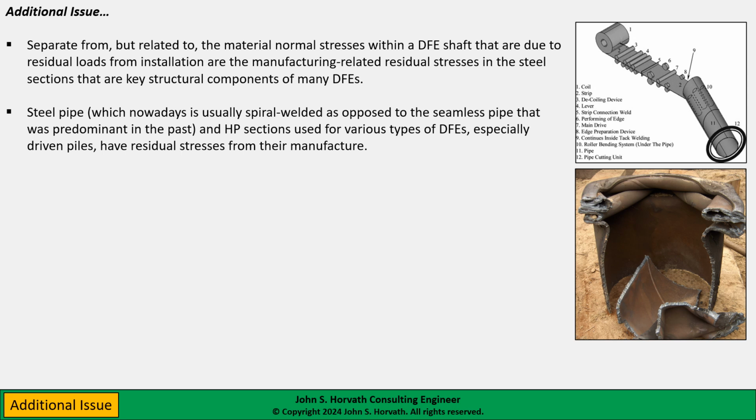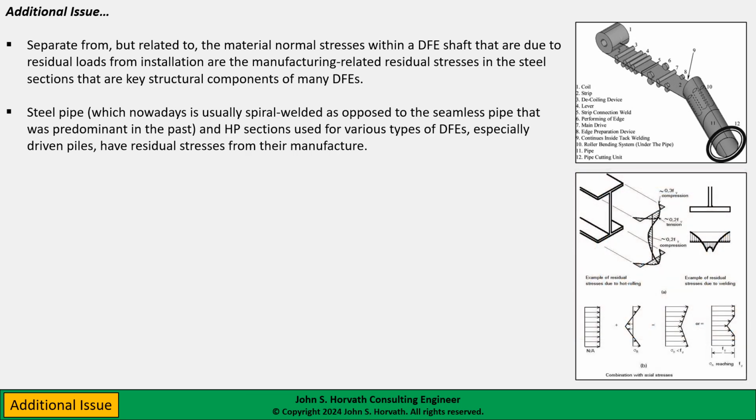Quite a bit different now, which as a result, we tend to see spiral welded pipe used because it is presumably cheaper or less expensive than seamless pipe. And as I noted, I used this graphic earlier, we have mill stresses, rolling stresses in hot rolled sections as well as cold form sections. And this just shows in a typical wide flange section, as we would imagine for an H-pile, that there are